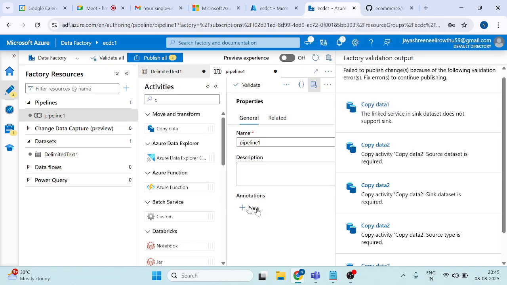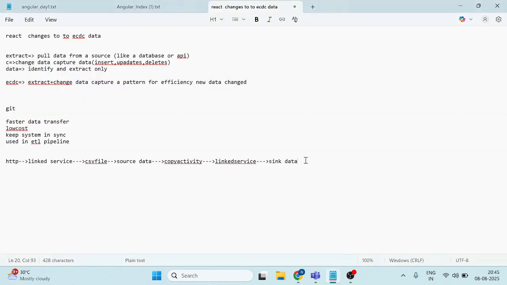So what we have done, actually, we have done this whole process, right? Please remember the ECDC process. In the ECDC process, the main thing we will do is HTTP to, sorry, I'm getting the